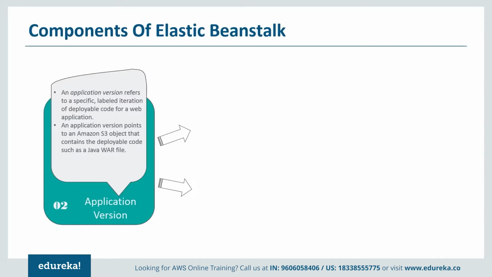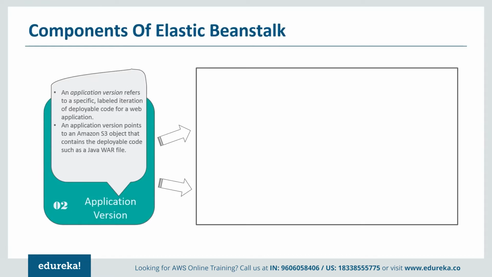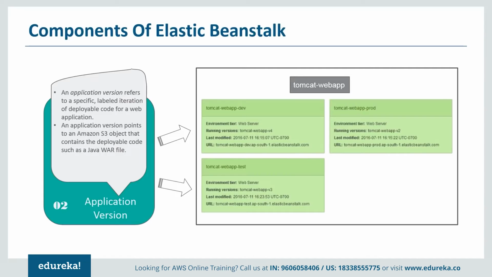Suppose you have written code, stored it in a file, and deployed this code on Elastic Beanstalk, and your application has been successfully launched. But now you want to make certain changes to the code. So you open the file, make changes to it, save it, and then again deploy it on Elastic Beanstalk. Elastic Beanstalk again successfully launches your application. So you have two versions of your application now. It's just a copy of your application code, but with different changes. And Elastic Beanstalk provides an option where you can upload different versions of your application without even